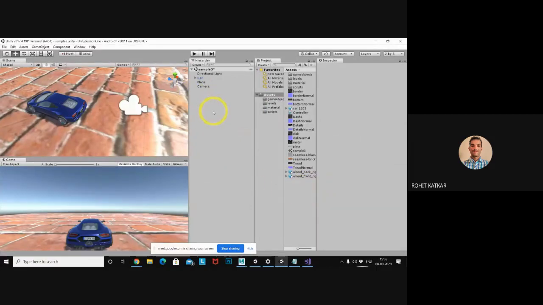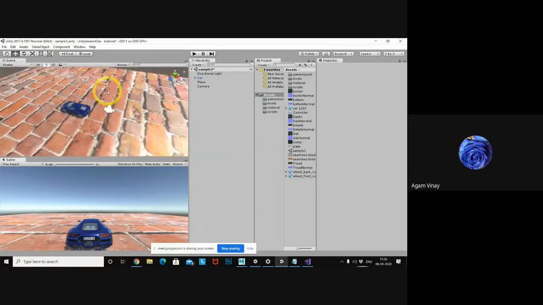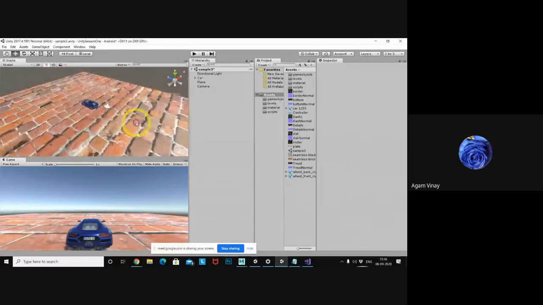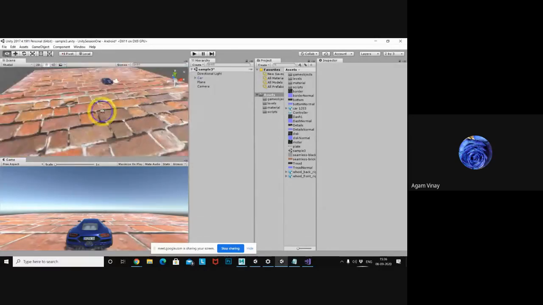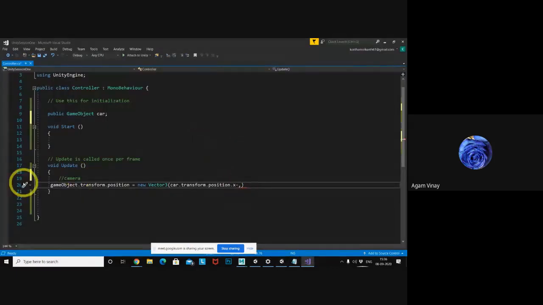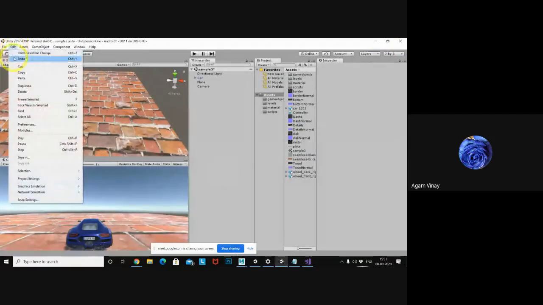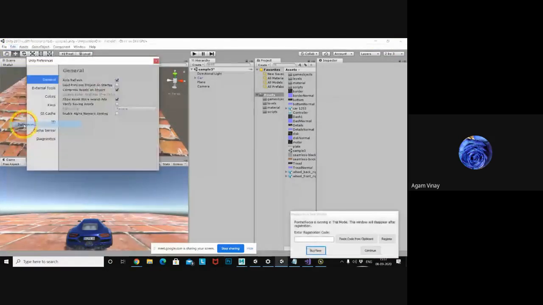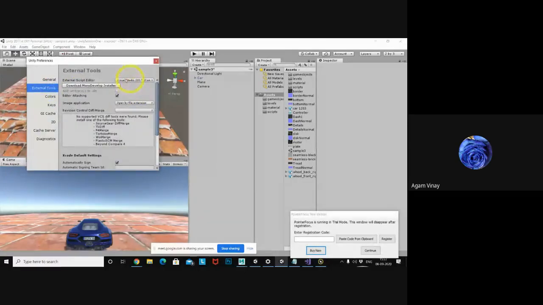Hello, sir. This is Rohit. Can we use a text editor other than this one, like Atom or Notepad++? For scripting we can, but whenever you install Unity, Visual Studio is also installed automatically. Here, Edit, Preferences, External Tools, it is looking for Visual Studio.